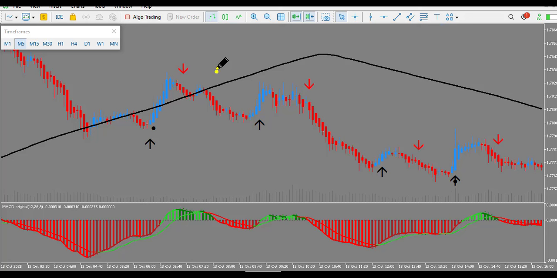And a few candles after, we have this present, this is present, and this did close below the 200 moving average, and we have a serious down movement. We have the confirmation here, and here you can enter your trade, add to your running trade, and get out when you think you are okay